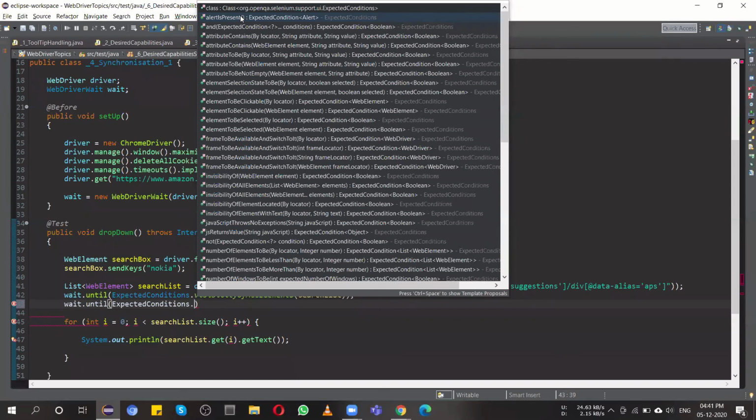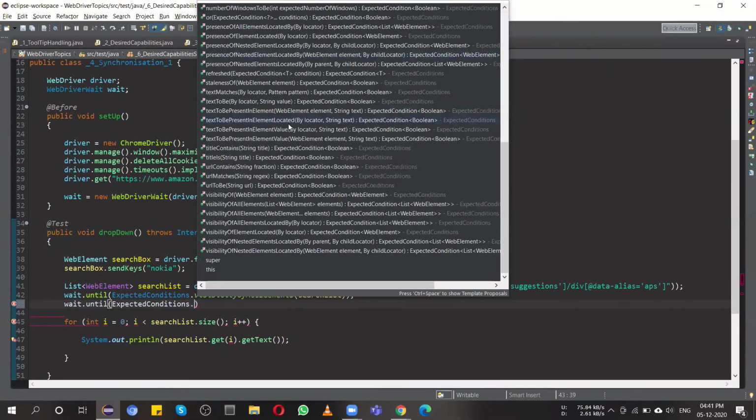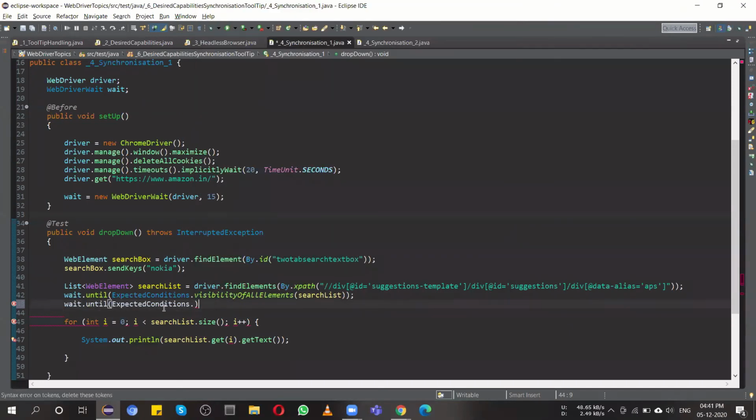So you use wait.until ExpectedConditions, give a dot operator, and you are able to see all the different methods. See over here, urlContains: if the URL contains something, you have to do something after that. If the URL matches some regular expression, you have to do something. Then visibilityOf, just similar kinds of methods are available there.